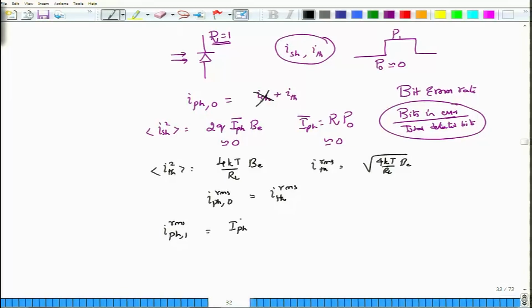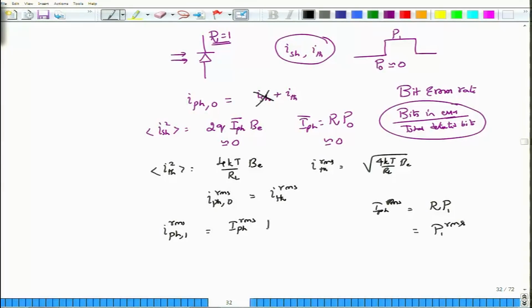So, you have I_P,RMS, which corresponds to the RMS value of the input signal, which is R P1, since R is equal to 1. So, this would be P1, the value of RMS. You can write this as RMS, or you can just write it in terms of the peak values. It is all up to you how you would like to proceed, but I am just writing them down to indicate that we are looking at RMS values.